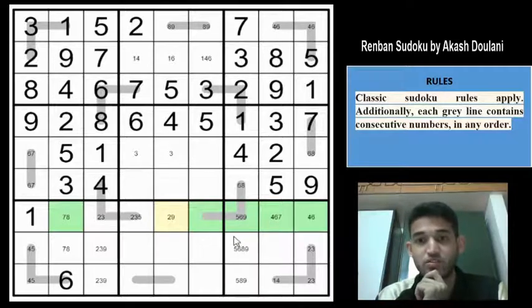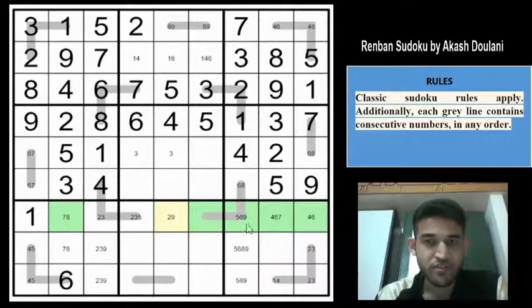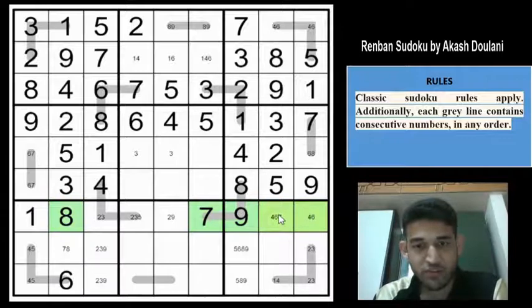Okay, so I am noticing something here, guys. I am not able to see anything else, so let us use that logic. So the logic is that if you have a 9 in this cell, 9 here, right? When you have a 9 here, this becomes an 8, right? Easy. And this becomes a 7. So this becomes an 8 now. And these 2 cells must be 4 and 6, right?